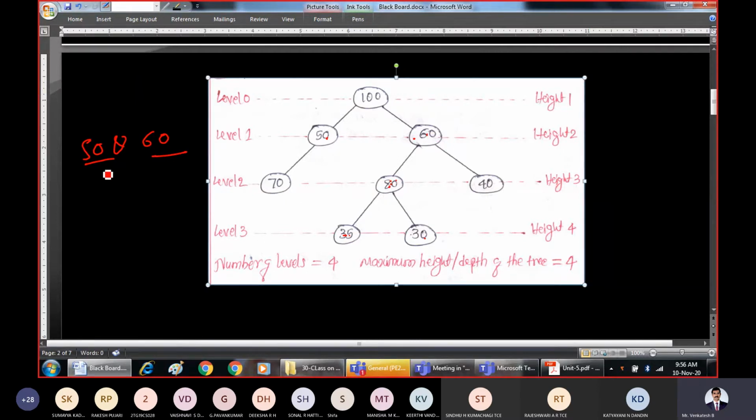But there is no notion like in our day-to-day life; in our case there is no grandparent and there are no grandchildren. That notion is not there. That means you cannot say that 80 is a grandchild of 100. We only have one edge relationship between two nodes. So that is the notion. So children we have studied now.